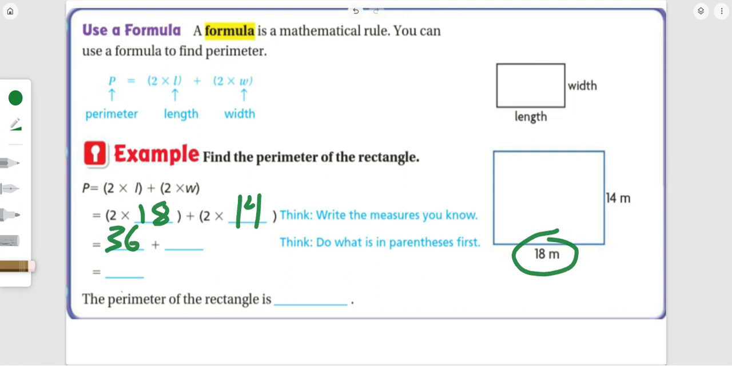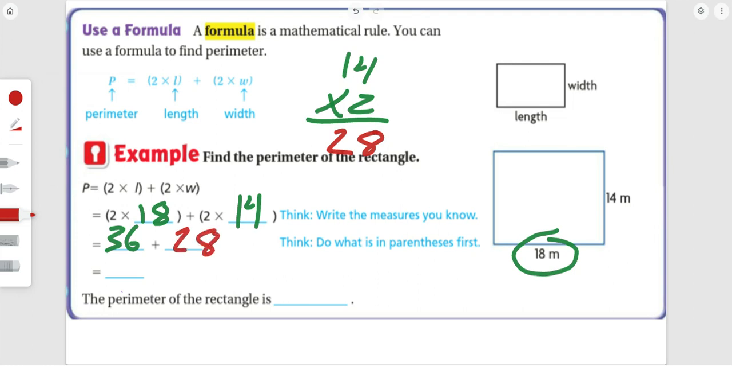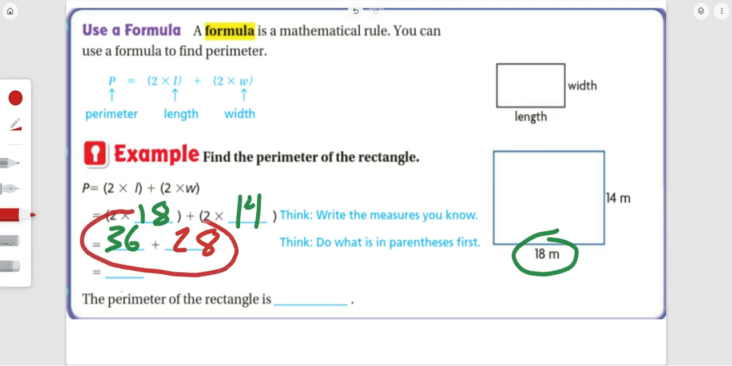So 14 times 2 can be done the same way. Let's start in our ones place. 4 times 2 is 8. Now let's multiply our 2 times 1. 2 times 1 is 2. So instead of writing 2 times 14, we're going to write 28. Now we know the last step to find our formula, or to solve our formula for perimeter, is to